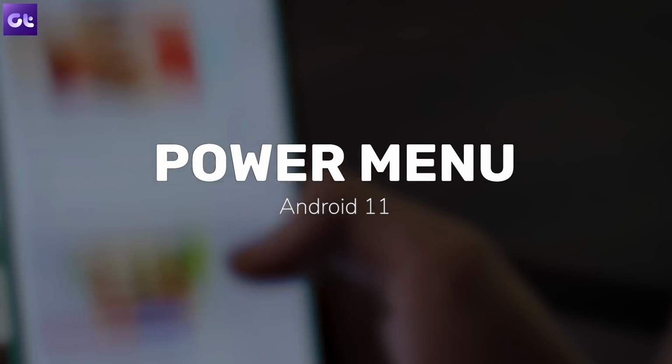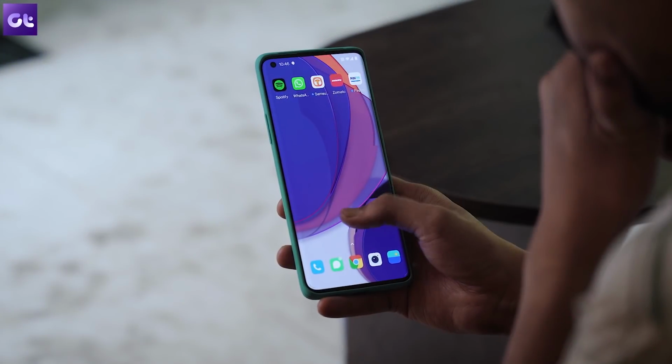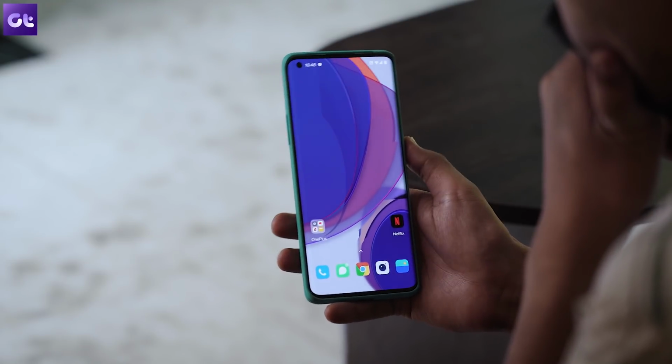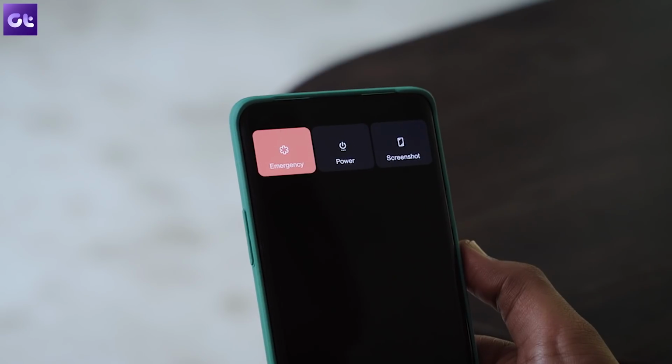And I guess that is one thing to look forward to in the official launch of the Oxygen OS 11. Lastly, there is this new power menu here. It's basically Android 11's power menu, and to be honest, I hate it. For an update that's clearly following the one-handed usage, having 3 options literally at the top makes no sense to me.